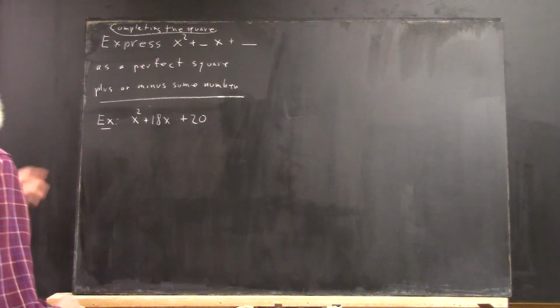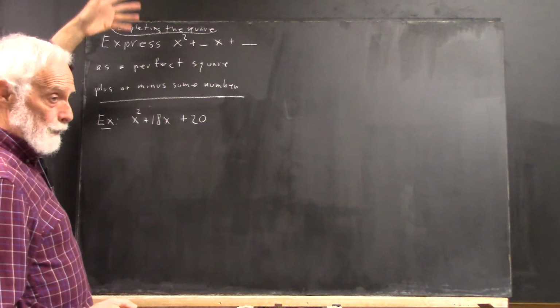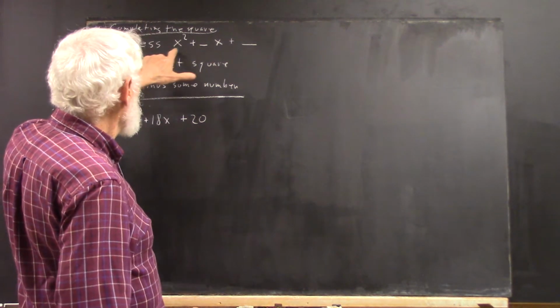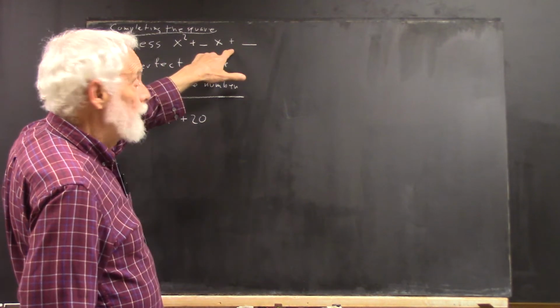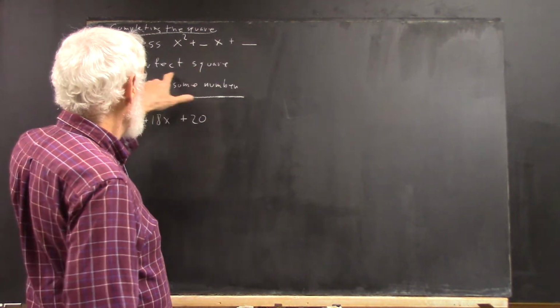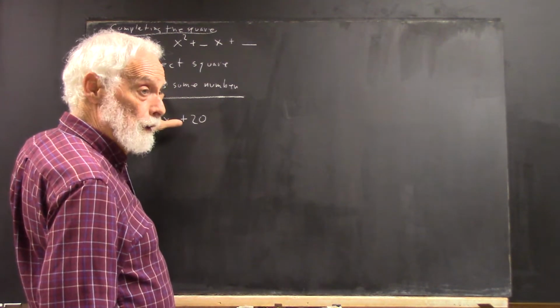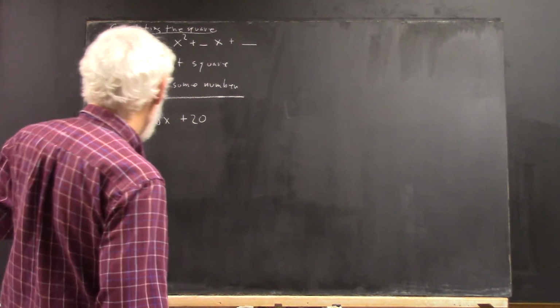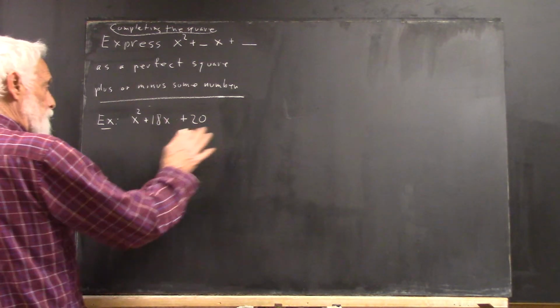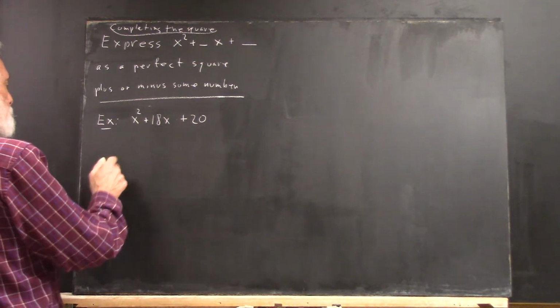Okay, now we want to do the same thing we did in preceding, but x squared plus some multiple of x plus some number. We want to take that and express it as a perfect square plus or minus some number. Okay, so example, let's take this expression. Okay, well,